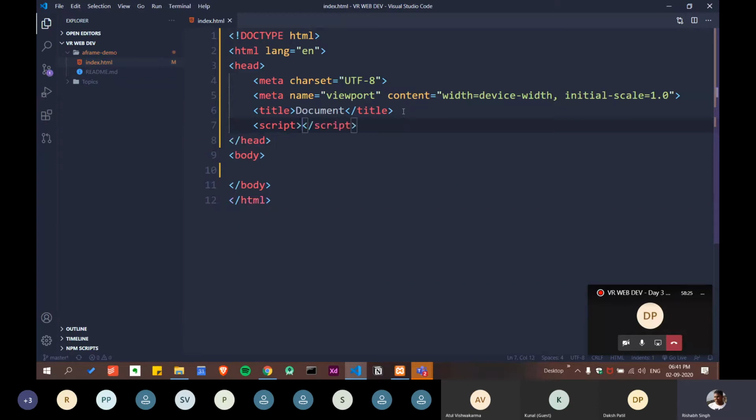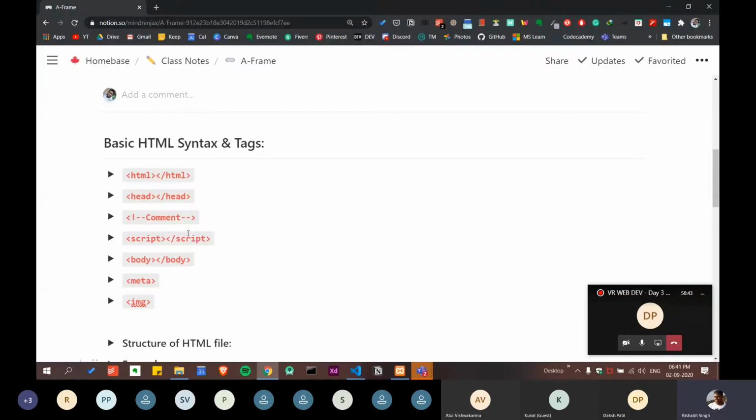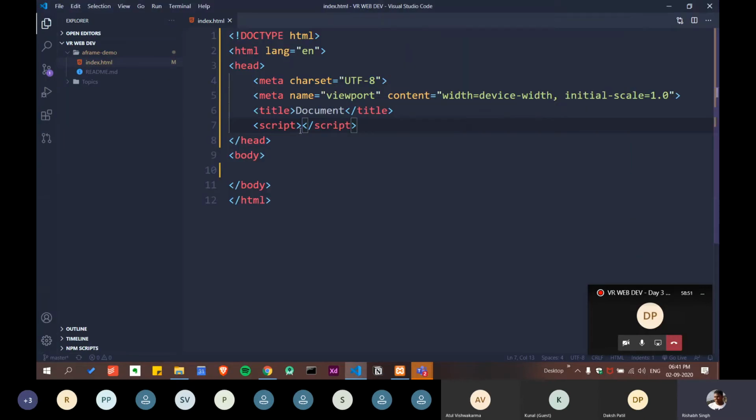You can see it has entered everything for me. You don't have to remember if this is a closing tag or a non-closing tag, because VS Code will do most of the work for you. So it will make your work faster and you don't have to remember all these rules we have mentioned. You don't have to remember all these particular rules. But again, you should have some knowledge.